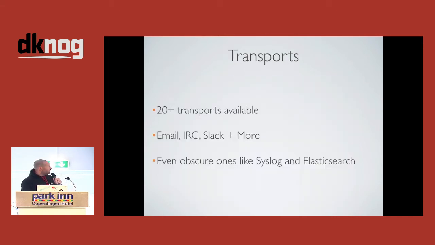Off the back of the alerting, obviously you want to get notified about anything that's going on. So we have what we call transports, and the transport is a way to take the information that the alert system has generated and send it to your end users or your NOC team or anything like that. So we've got multiple transports available. Email obviously is the predominant one. That's what most people seem to go off and configure. But we do have ones for IRC, Slack, etc. So you can send your alerts straight into the tool that you use every single day.